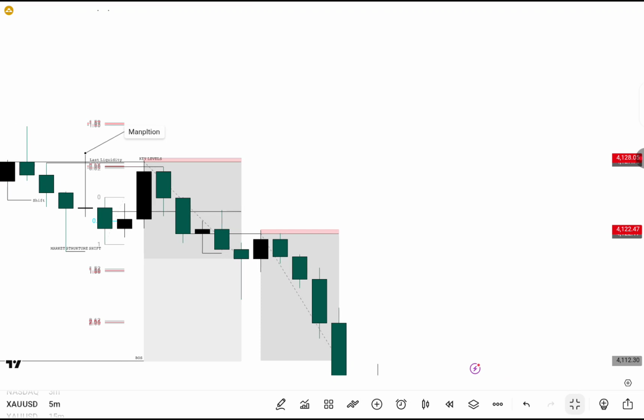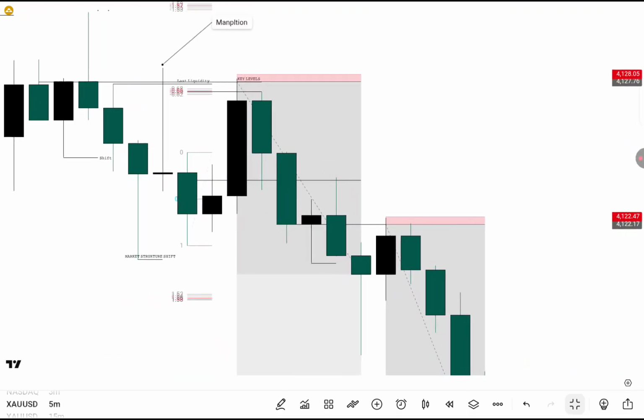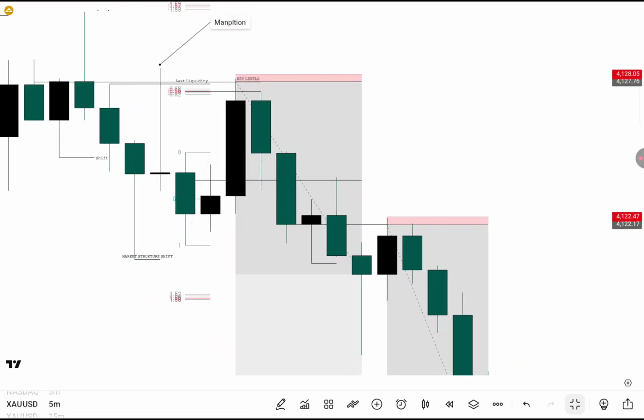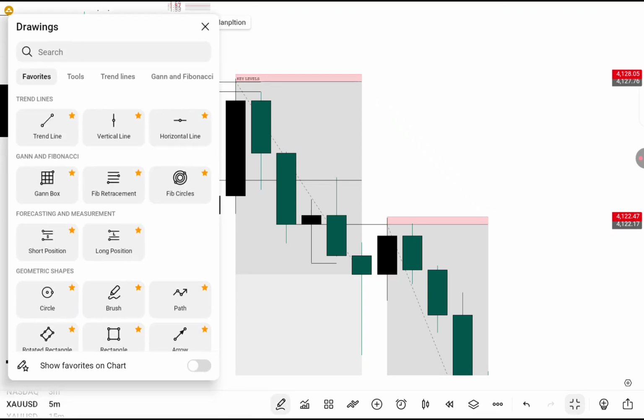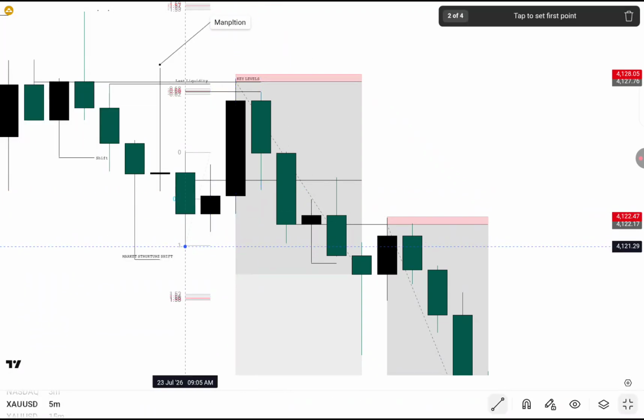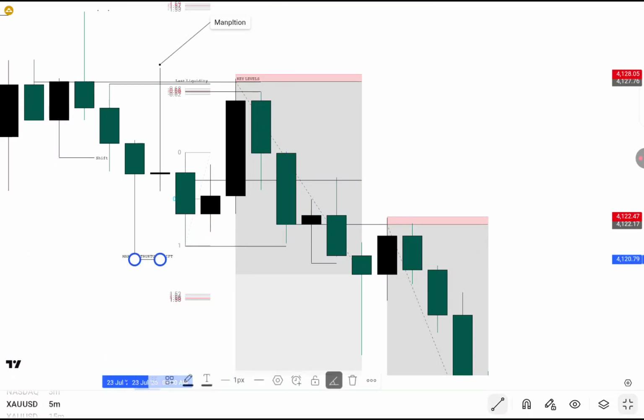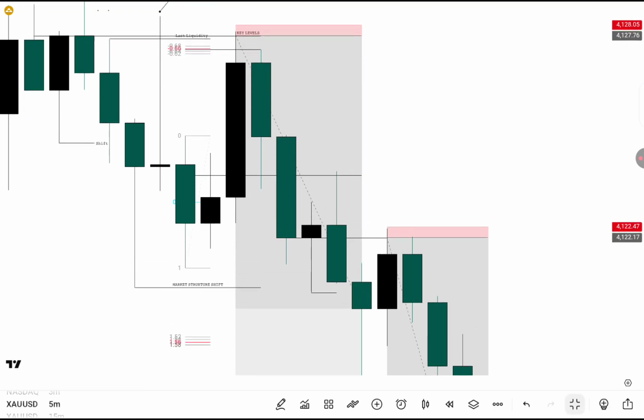at the 5 minute, such that you can look at a bigger picture of what I'm saying here. You can see this was just an IDM here. This right here was just an IDM because we had equal lows here. So the price had to give us a close below such that we can take this as our market structure shift. Now, why am I saying that continuation should be our imbalance,